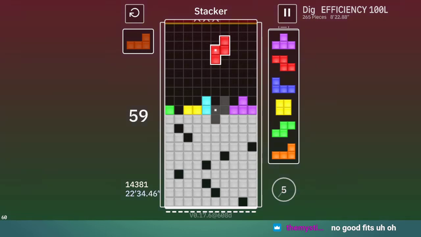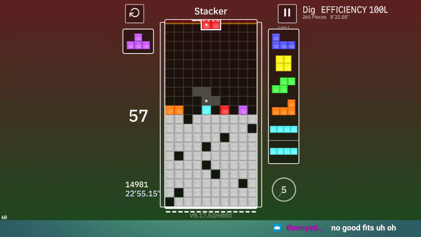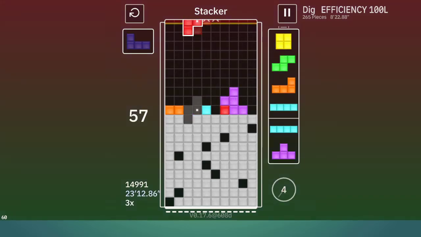I was thinking L to the right, but I just realized I needed to use the L on the left. So the right part is going to be another L dependency. The L is coming in like 5 pieces. Maybe I should just do this. Start accommodating the L. And then I'll just Z and S. And then